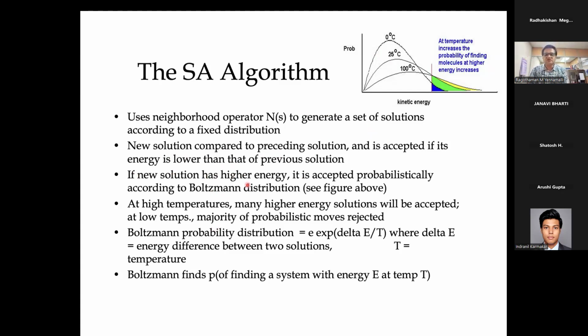So if a new solution has a higher energy, you accept it probabilistically according to a Boltzmann distribution. So you don't reject all solutions with a higher energy. Sometimes you do accept them, but with very low chances. So if this is the cutoff, okay, so for something, the kinetic energy and the probability, you can